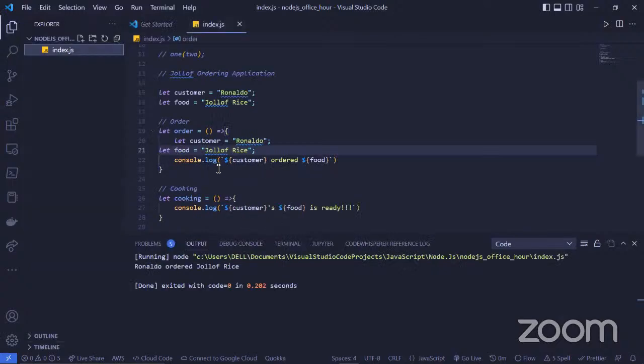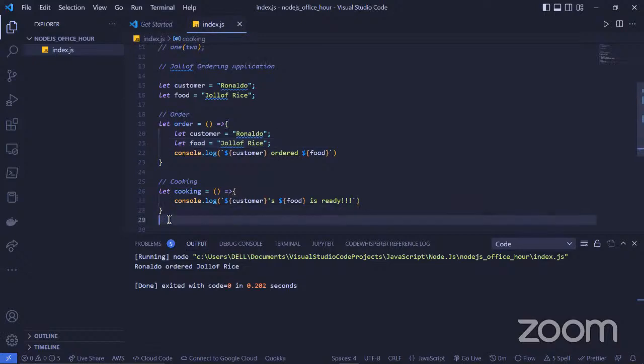This code will run, the other function will run. But if I do it this way, the cooking function will not run. Let's try it out.